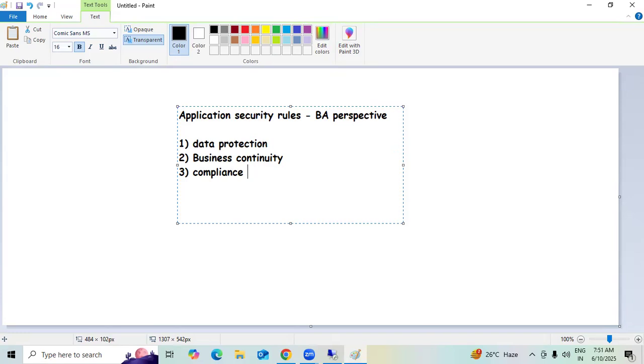Apart from that, of course, there is stakeholder communication: managing stakeholders by identifying the crucial roles in communicating security requirements and the risk assessment measures to be taken with stakeholders. These help ensure everyone understands the importance of security and that we are aligned on the same page. This is what a BA does when working on the security aspects of the application.